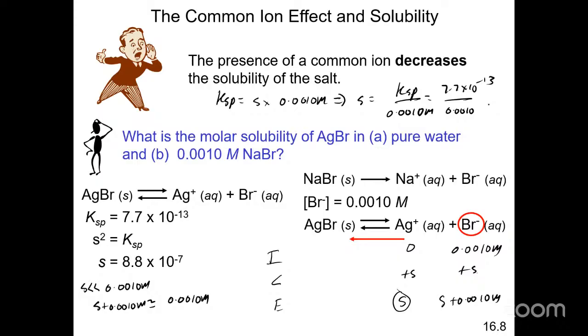Divided by 0.0010. So according to my calculation, this works out to be equal to 7.7 times 10 to the minus 10, right? So that would be the solubility of the silver bromide in a solution of sodium bromide. So if you compare this solubility here to what we did in the A part, which is here, you see, this is M, you see that the solubility in sodium bromide is significantly less than that in pure